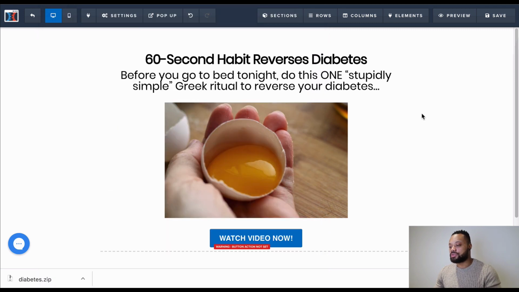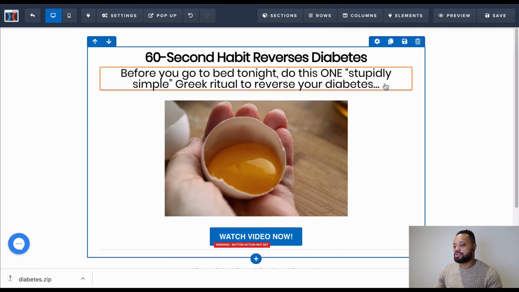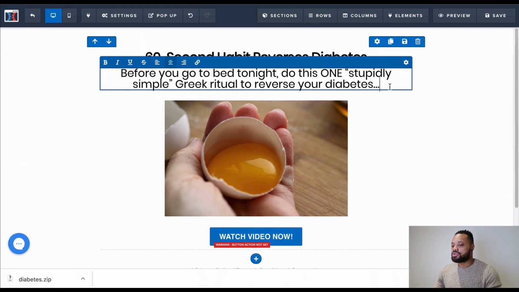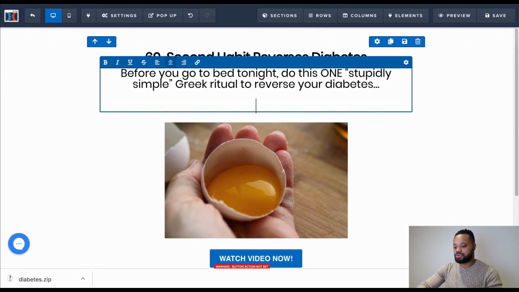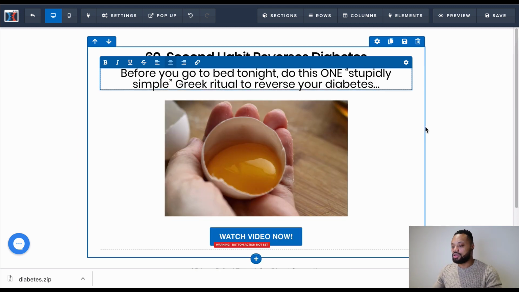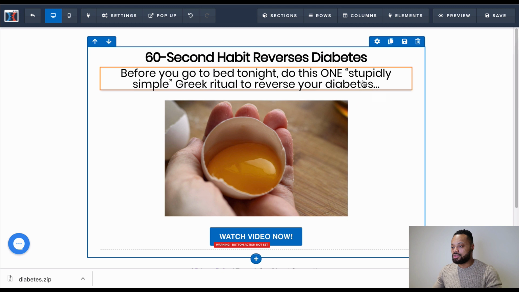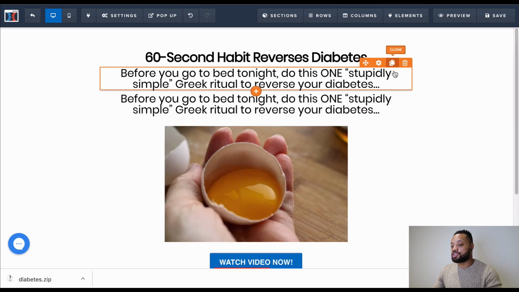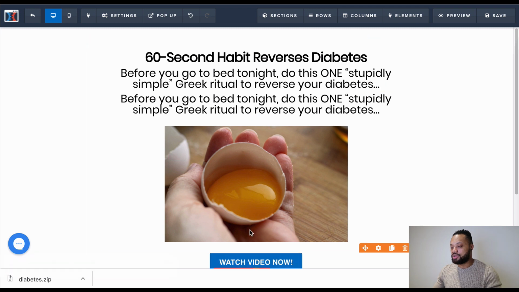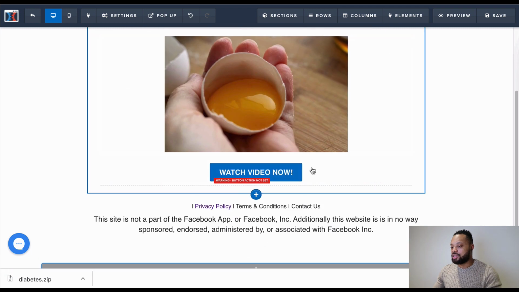So yeah, I want to show you something smart as well. So actually, I'm going to look at that copy again. Yeah, cool. So what you could do with this one is, but again, your landers, you want to split test your landers as well. But what I would personally do with this is,